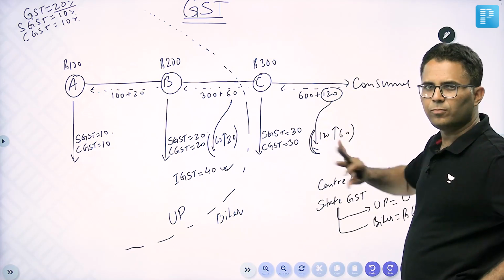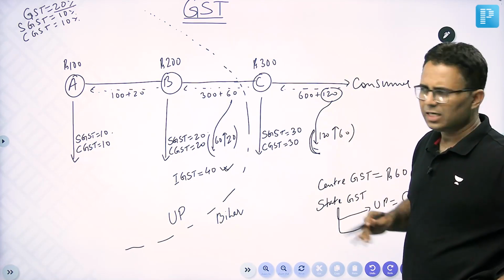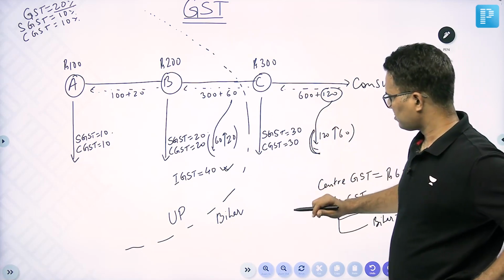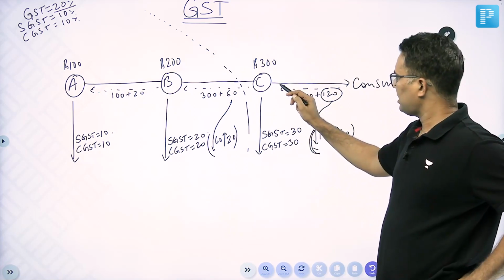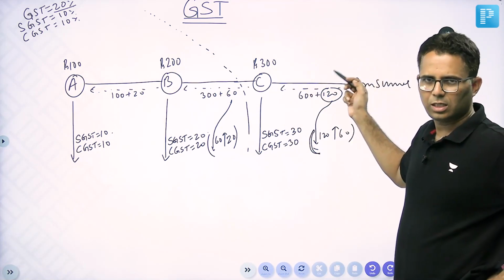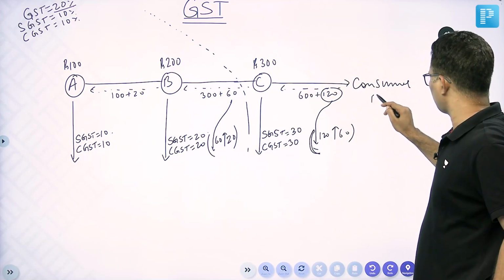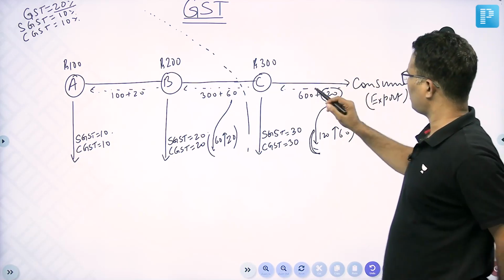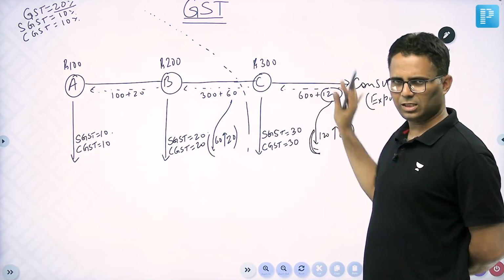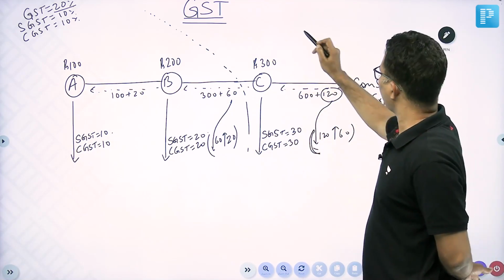In this case, if billing has to happen, let's take a normal case. Suppose this is one state and C is selling to a foreigner, an export. Suppose C is doing an export. How does this bill get prepared? Normally, in a normal case, suppose it is in India only, how is the bill prepared? By C,